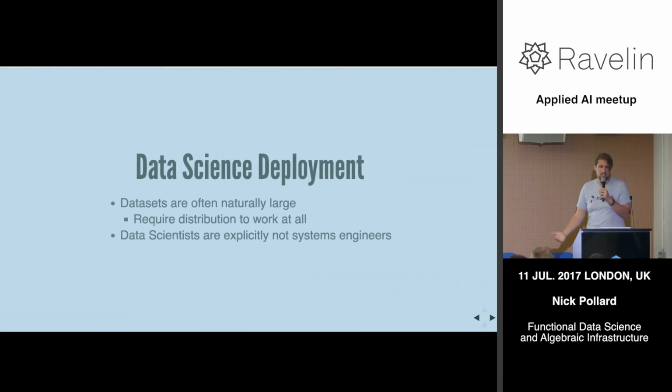So, as I said, in data science particularly, you're working with very large data sets. They have to be distributed. They can't be running on a single machine. They might not even fit in memory. And particularly, again, for a lot of people now, might be working trying to solve these really high-level mathematical problems, and it's really not their job to be writing systems code. It's not their job to be operating servers or anything like that.